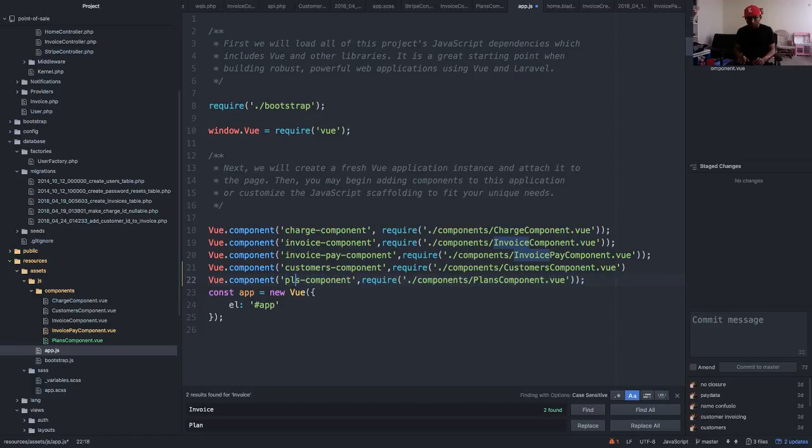Cool. So we'll let that compile. I already have the npm watch poll running in the background, so it's going to go ahead and just create everything for us. Now let's go ahead and